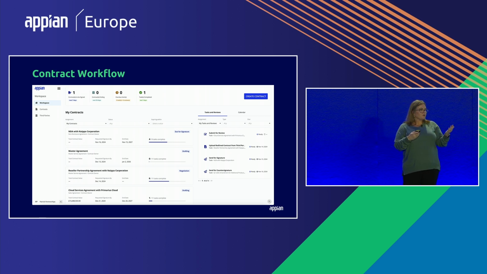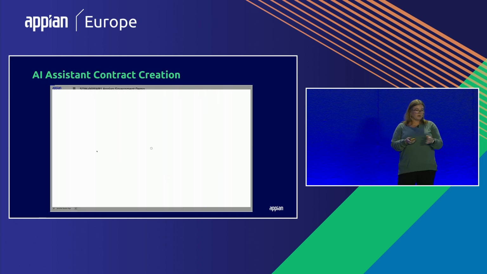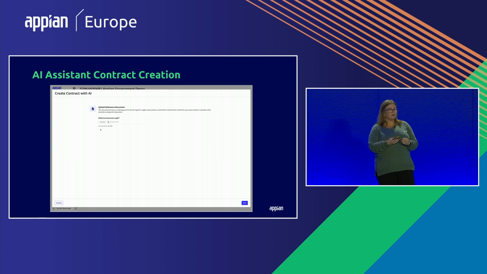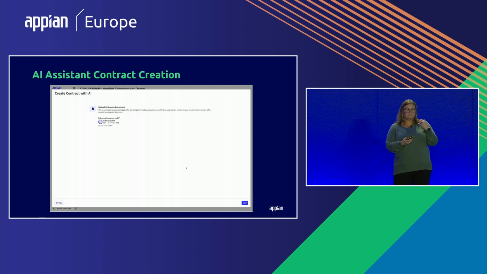And then that will be presented to your end users. But with AI, what we're doing for the contract creation is we allow you to upload a reference document. Maybe this document is similar in structure, maybe it's similar in content to what you want to create. It's an example reference document. And as AI is processing this document and uploading it,